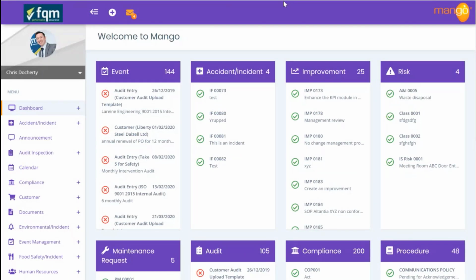Hi, in this short video, we're going to be doing a demonstration of the improvement module within the Mango compliance software. The improvement module is where we capture any improvements within an organization, regardless of the source. This could be an accident or incident that has occurred that requires an improvement to be driven from this. It could be a customer complaint, it could be an audit finding, or anything. Effectively, this is where we capture information that presents evidence of activities we have done to improve our business activities